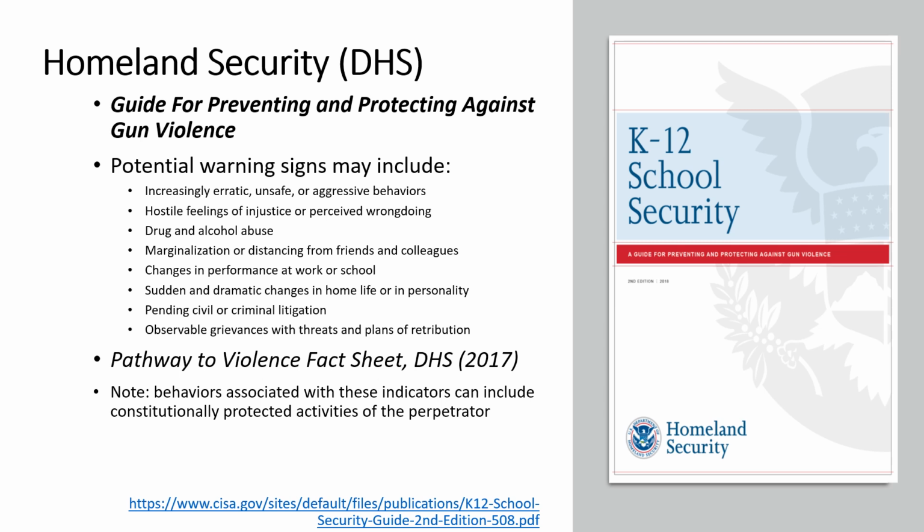School attacks are rarely sudden and impulsive, and others usually know the attacker's plan and idea before the attack. The Department of Homeland Security offers guidance for preventing and protecting against gun violence, including options for developing emergency plans of action and identifying potential behavioral warning signs. These signs could include increasingly erratic, unsafe, or aggressive behaviors, hostile feelings of injustice or perceived wrongdoing, drug and alcohol abuse,